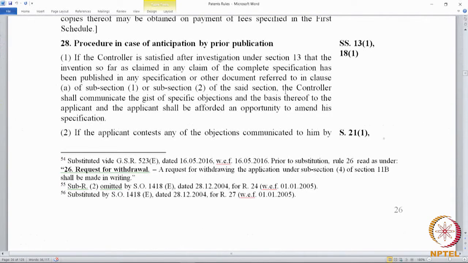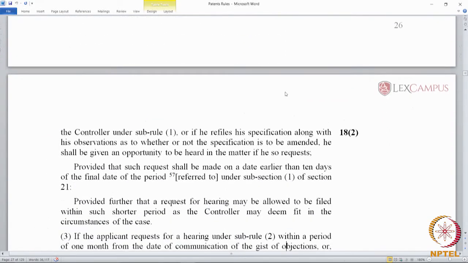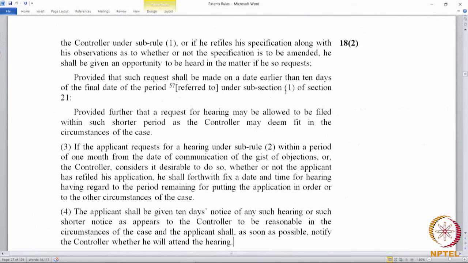When the applicant receives this, Rule 28.2 says, if the applicant contests any of the objections communicated to him by the controller under sub-rule 1, or if he refiles his specification along with his observation as to whether or not the specification is to be amended, he shall be given an opportunity to be heard in the manner if he so requests.